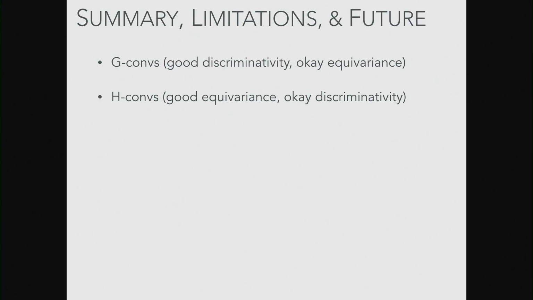Because they're only equivariant, they're invariant to discrete transformations of your input. What happens between 90-degree rotations? You still have to use data augmentation to be invariant to transformations between those angles, or other kinds of transformation. On the other hand, harmonic networks have really nice equivariance properties, but because we're using these Fourier-like circular harmonic filters, which are very limited in their discriminativity, the entire network together doesn't have very good performance in, say, classification. But it always gives you the same crappy output, no matter what angle.